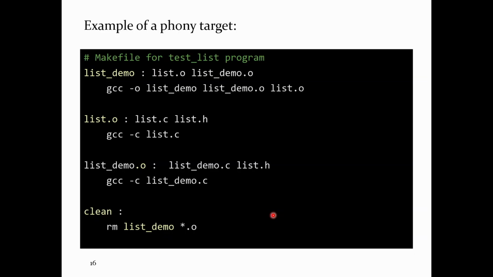One of the targets that you normally see in a makefile for a C program is something called clean. Clean is just the target that you want to build when you want to basically rebuild your project from scratch. So if I wanted to rebuild listdemo completely from scratch, I want to remove all the object files and the executable program listdemo, which you can do with the command rm: remove listdemo and star.o. So if I run make clean,